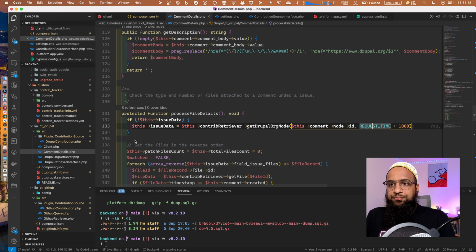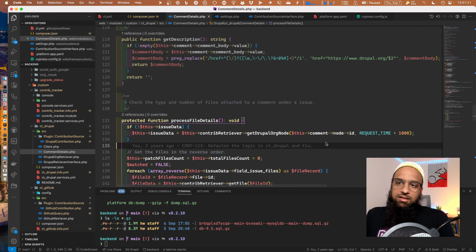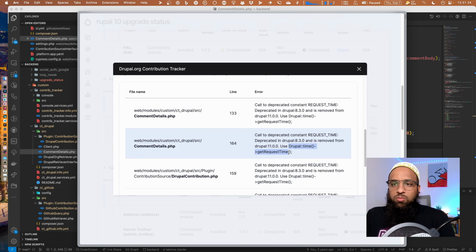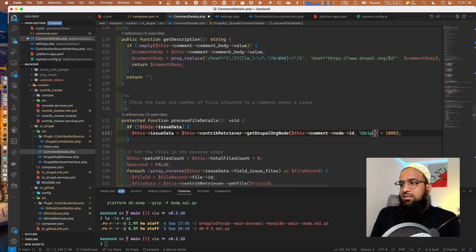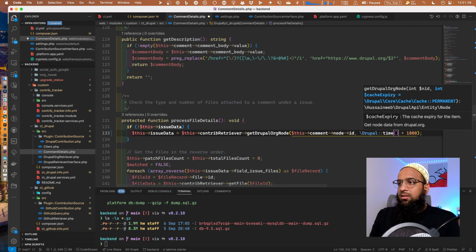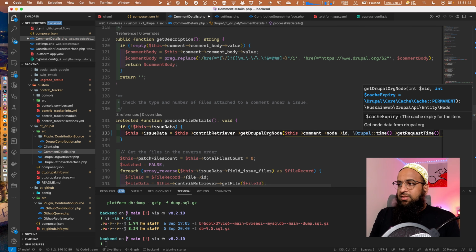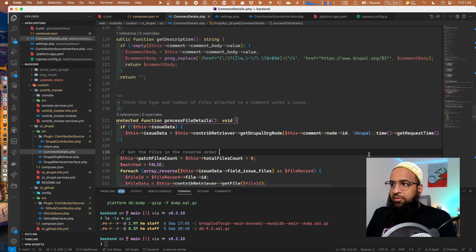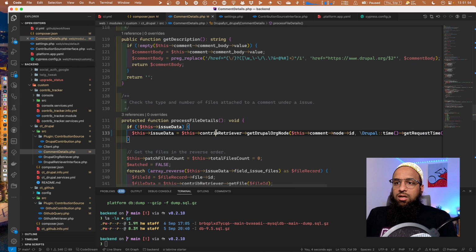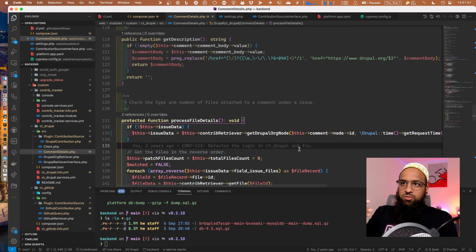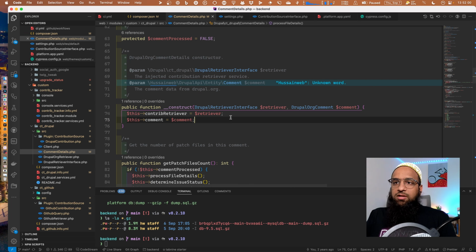So, I mean, this is telling me to use the global object, as in the container, the dependency injection container. But we know that's not really a great idea. I mean, I can do this, Drupal time and get request time. It'll get rid of the deprecation. But I don't want to do this because it's kind of frowned upon. So the real, sustainable way to do this would be to introduce this